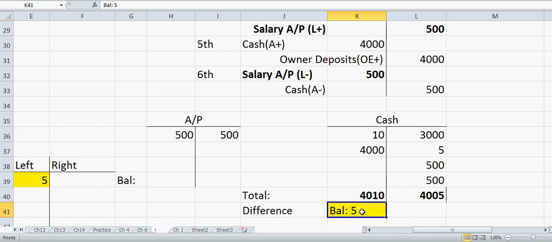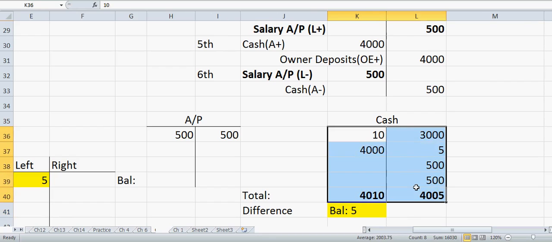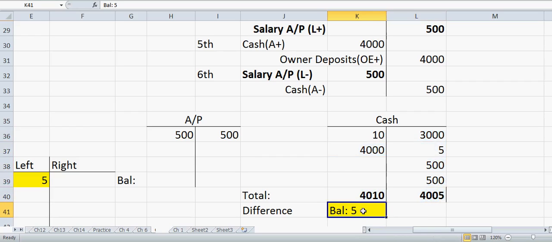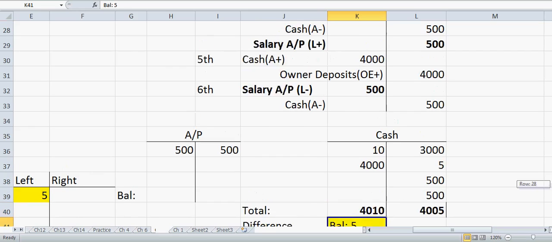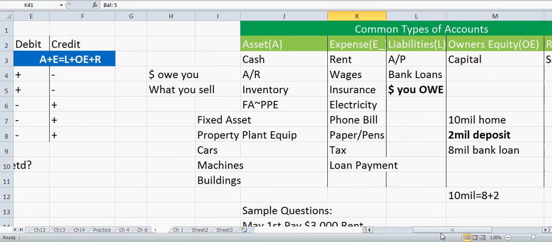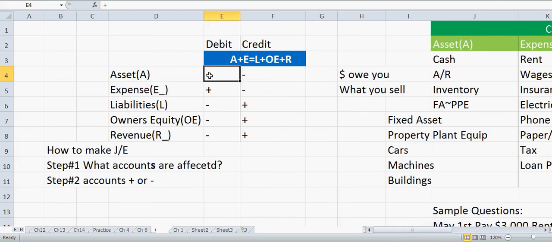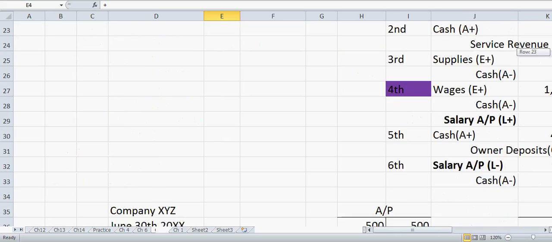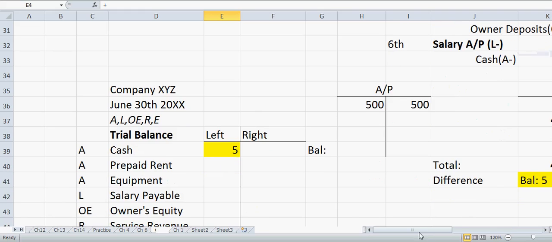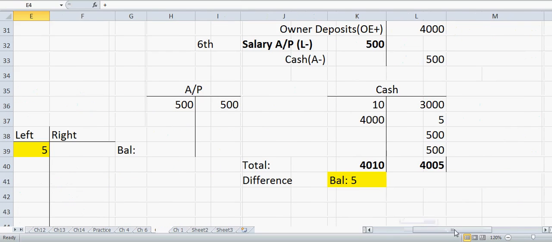Okay. So what this means is we had cash going in, out, in, out. And at the end of the period, when we made our T account, all these transactions, we ended up having 5 on the left. So I go back, cash is an asset. So 5 on the left is an increase. So I had cash in, out, but the sum total was, we have an extra 5 plus. So we made $5